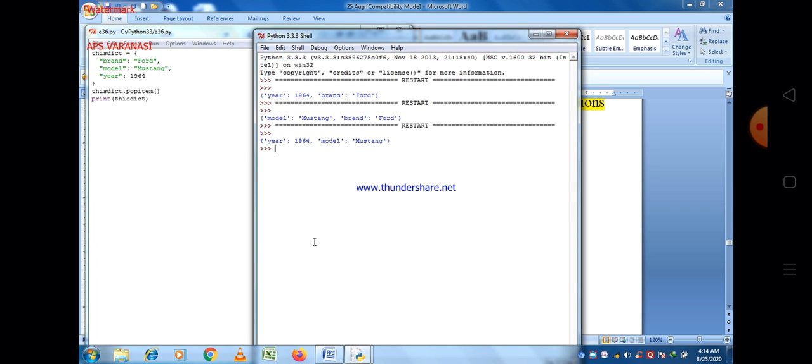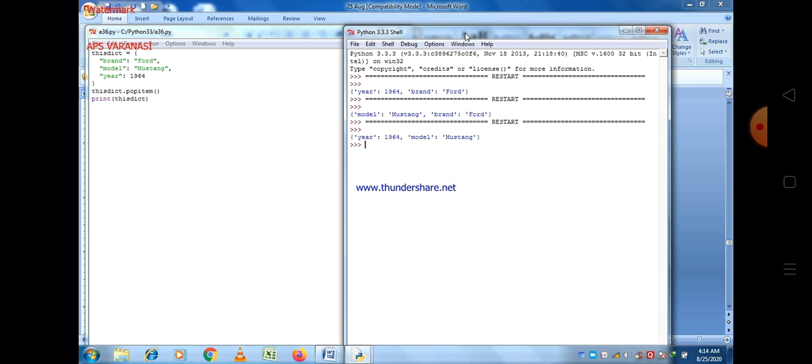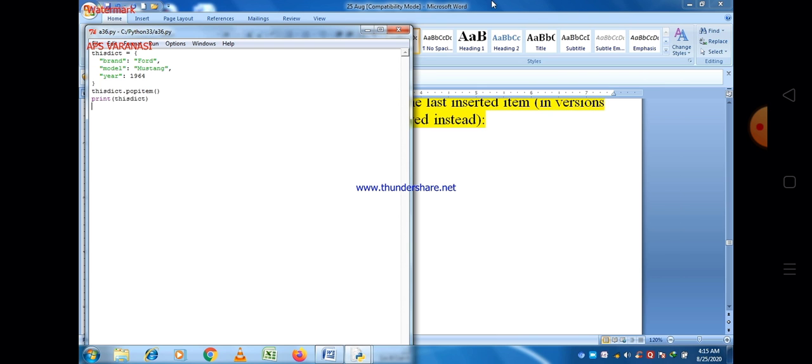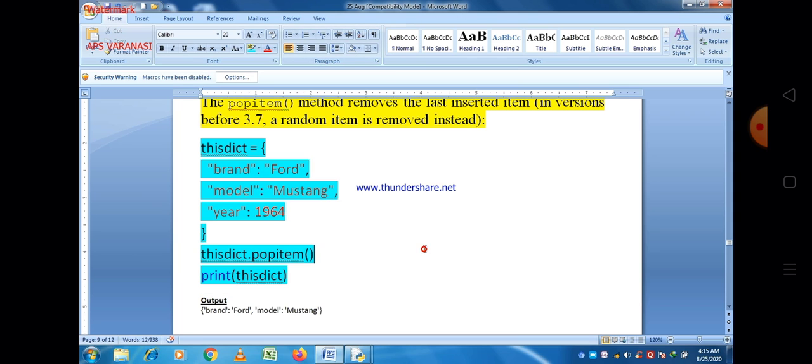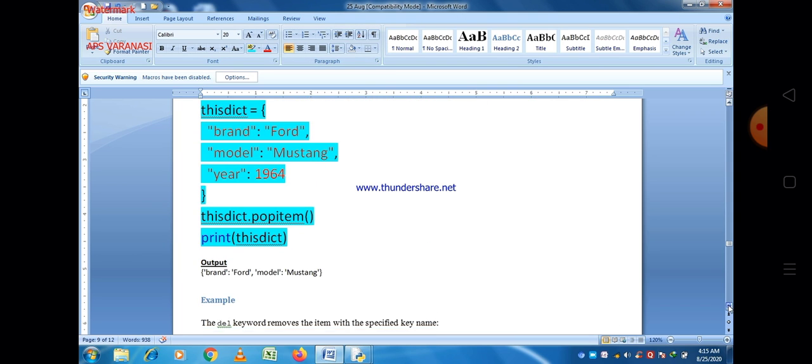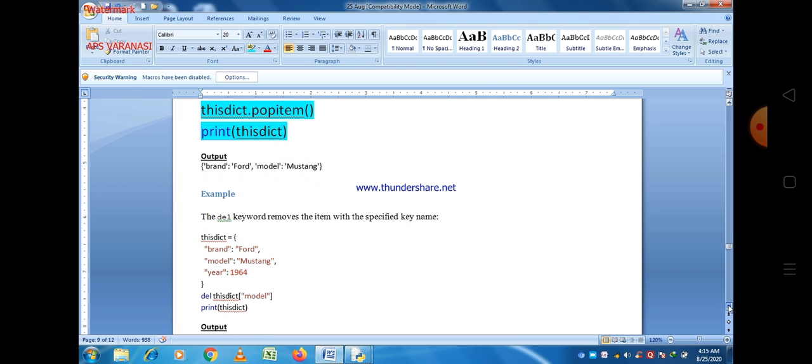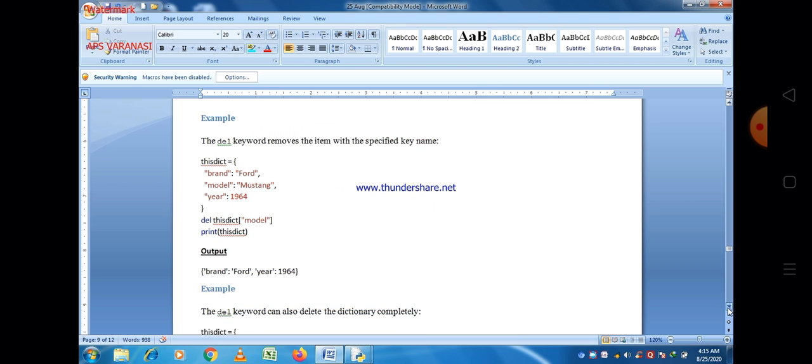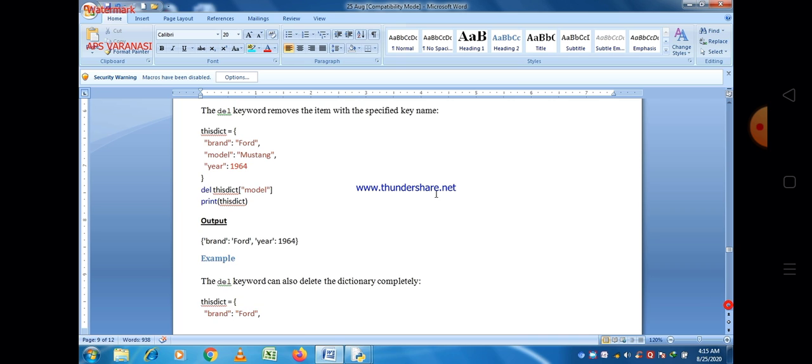This time year and model are both there, but brand is not there. So every time it selects a random item. As I told you, before 3.7 a random item is removed using the popitem method, but if you use Python 3.7 then the last item will be deleted.